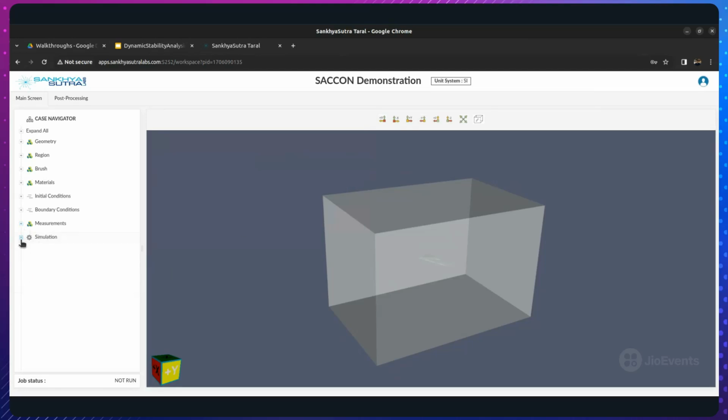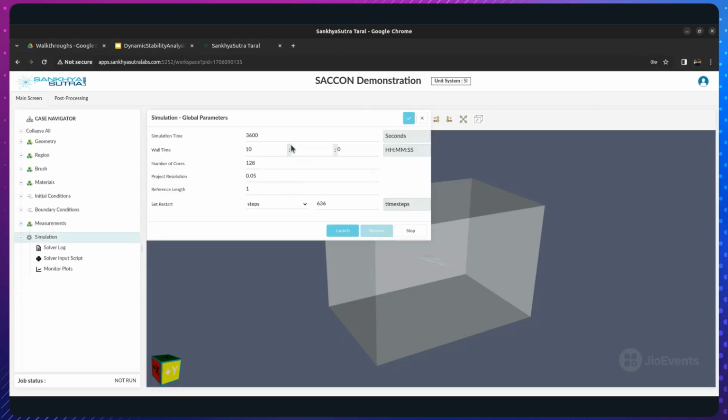So once you're done with all this, the last thing to do is give the global parameters of your simulation. So this simulation time corresponds to the amount of physical time that you want to simulate. Let's say I want to simulate 5 seconds of flow over this SACCON aircraft. So I'll give the simulation time to be 5 seconds, and